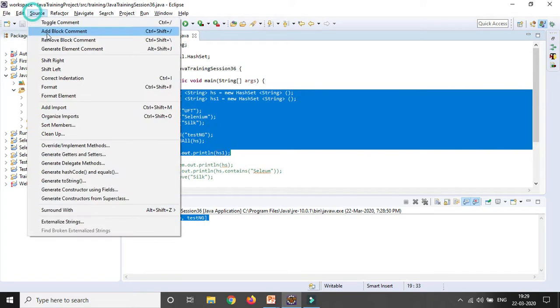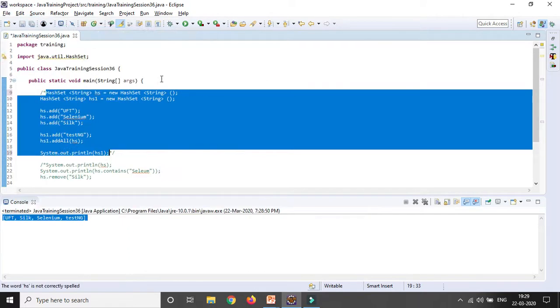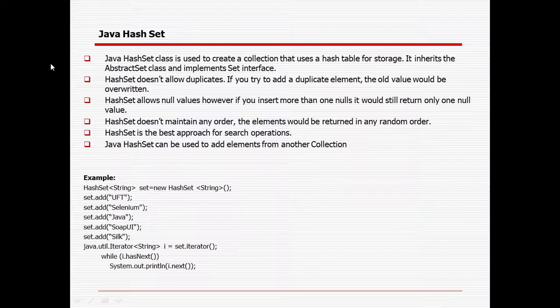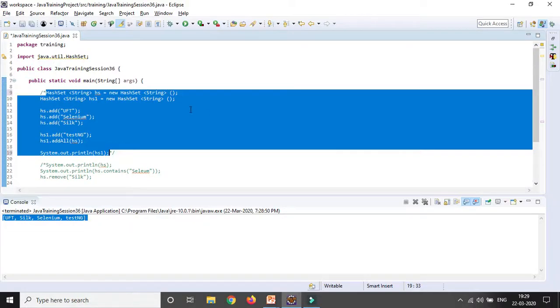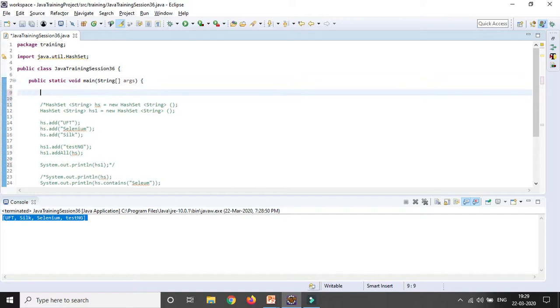Now I will show you how we can use any kind of collection. Here I have already written: a Java HashSet can be used to add elements from another collection. Suppose I am creating a collection here, an ArrayList, and I am giving the data type, suppose String, and the object name as al, equal to new.